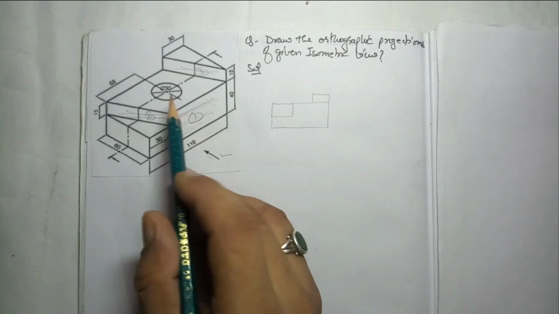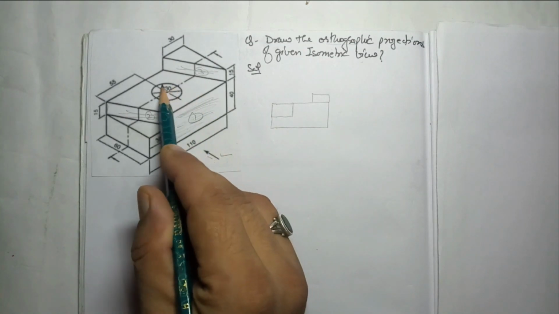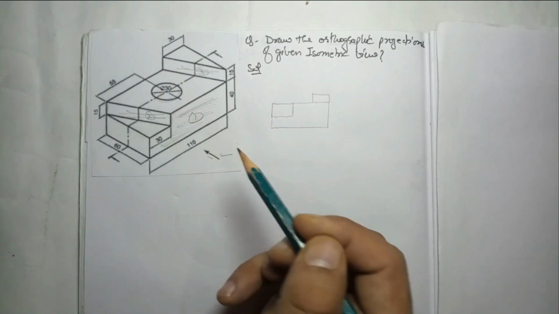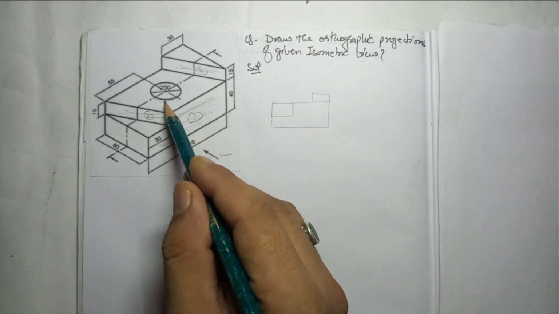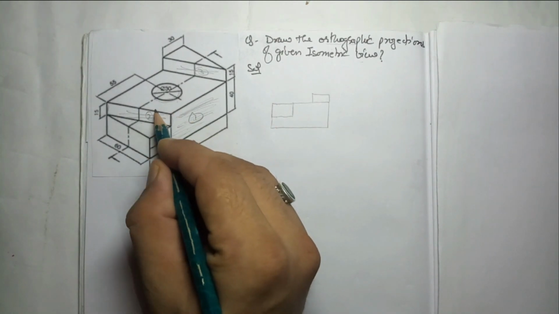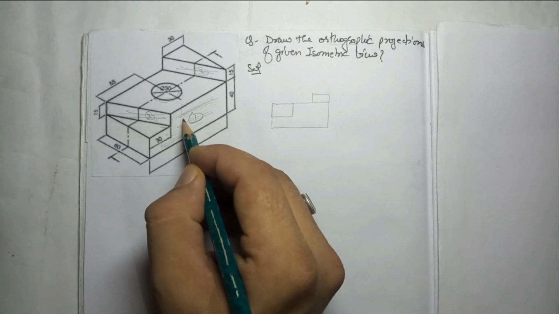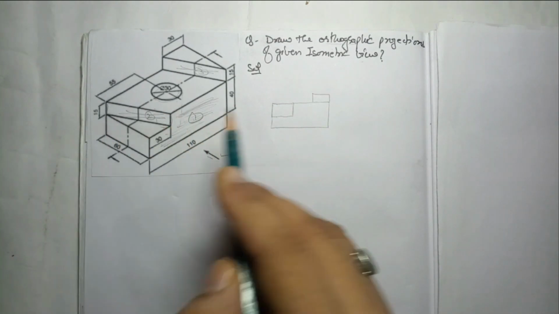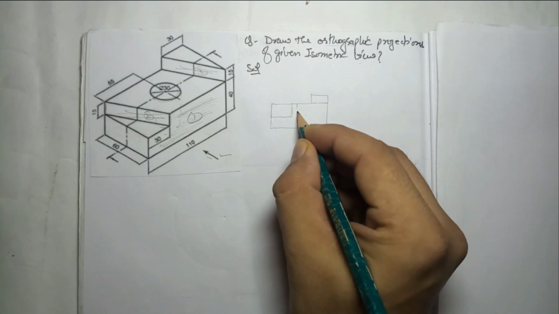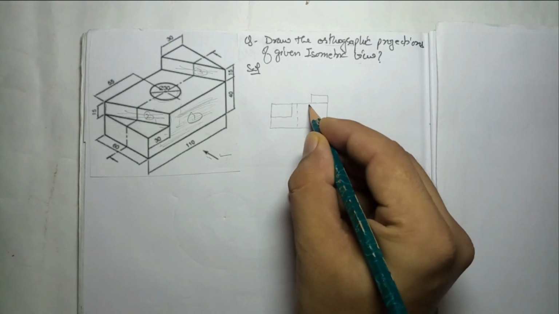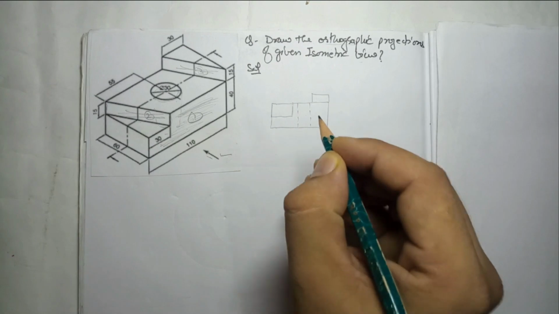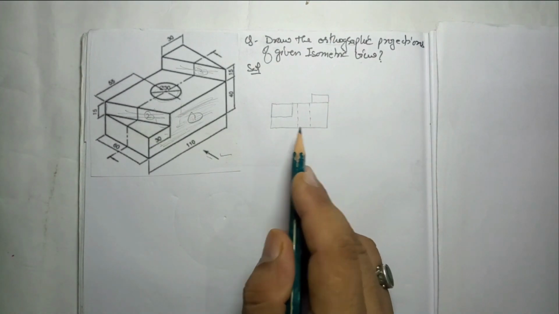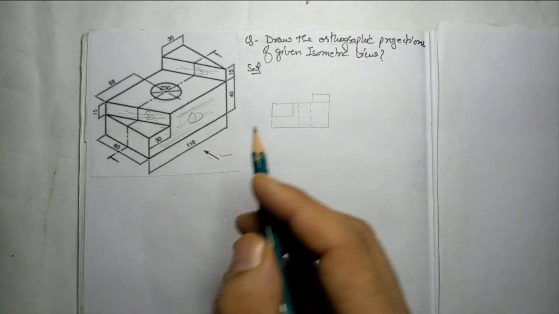Now we have to check the hidden part, which means behind the surface there is one hole which is present in the object but not visible from this side. So we have to represent it: if this object were transparent, then it would have hidden lines. I have cleared the concept of hidden lines of a circular hole, so you can take help from those concepts. You can watch those videos to clear all this. So this is the front view with the hidden lines and the visible part. Now we will go for the top view.